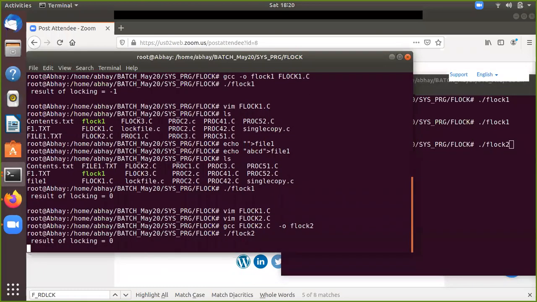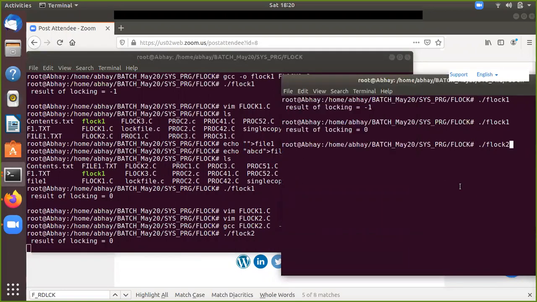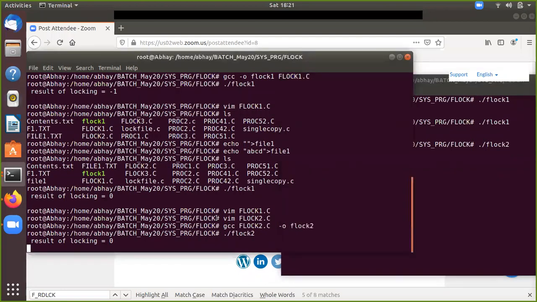Okay. So result of blocking. See, this guy has been blocked. So this is basically blocked. Two things we need to understand. The left hand terminal is where we ran this, so it has put a lock, and this lock will remain there unless you unlock it, or unless you close that file, or unless you terminate the program.